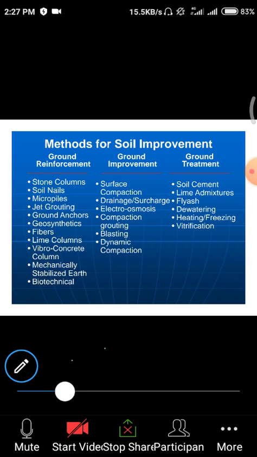Drainage means dealing with water due to external factors like rain. In hilly areas we normally have steep slopes and terrain slopes, and on those slopes water will also collect, and the soil properties will change due to the entrainment of this water. So we need to avoid this water in order to strengthen the soil parameters and densify the soil. So we need to have these drainage parameters and surcharge.